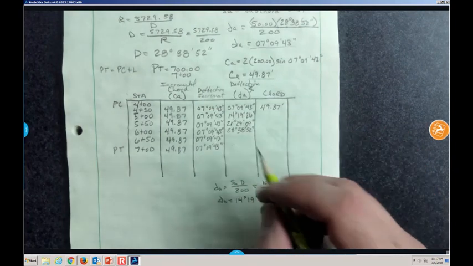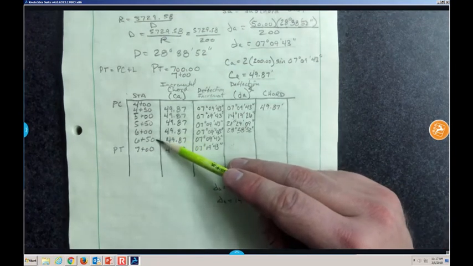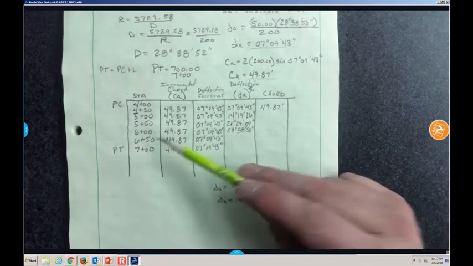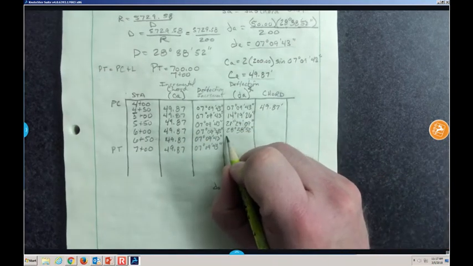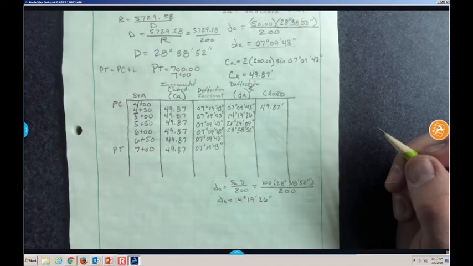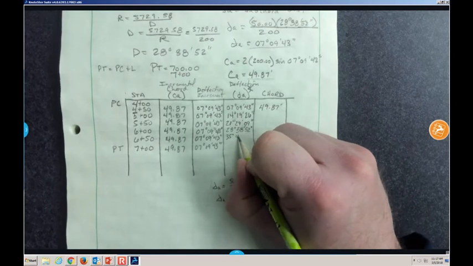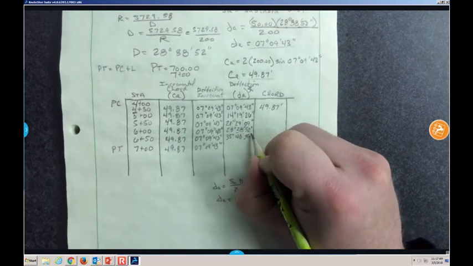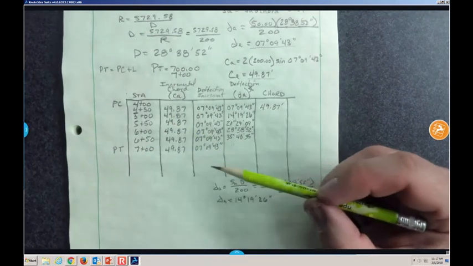Okay. Now the next one, we're going to basically use, instead of 100 here, 250, because we're out to 6 plus 50, which is 250 feet further out than 4 plus 00 at the PC. Degrees, 48 minutes, 35 seconds. Okay, and then our last one, we're 300 feet away from 4